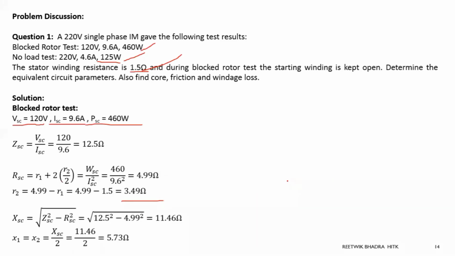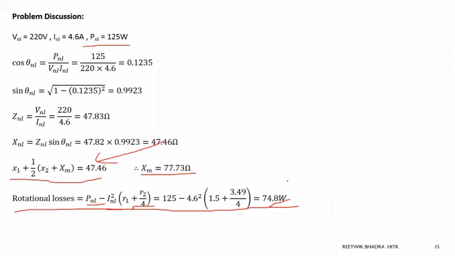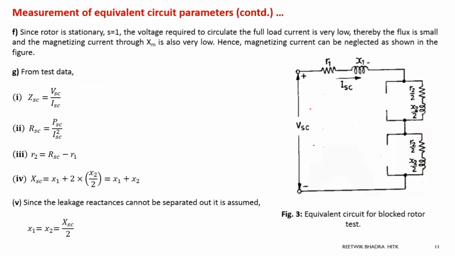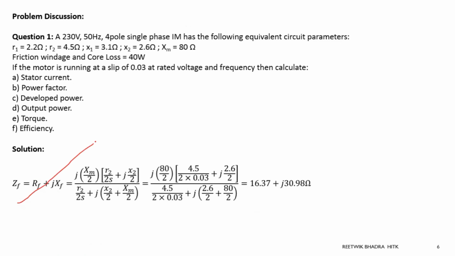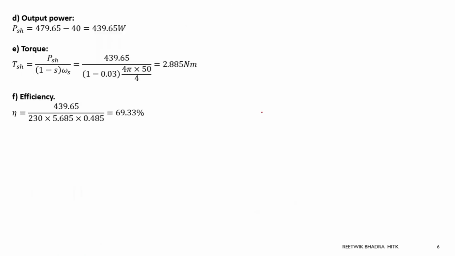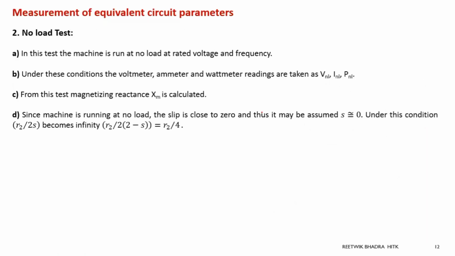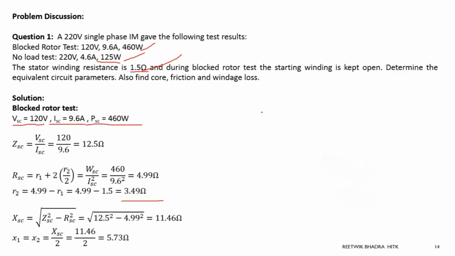So this is how a problem can come. Very easy. Just follow the steps. Just follow the formulas. Try to find out the equivalent circuit parameters. If it is a large problem, then you may be told to calculate all these values, then apply these formulas, then find out these. But I don't think it will be a huge problem if I combine these two. These problems can come separately.